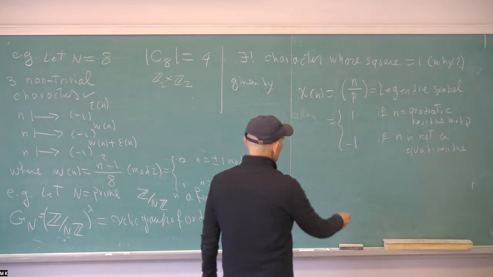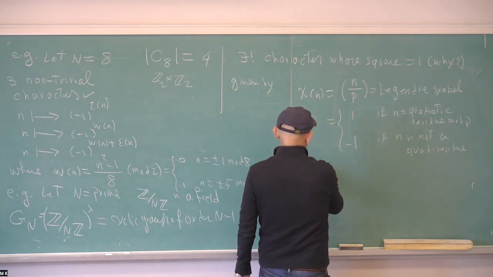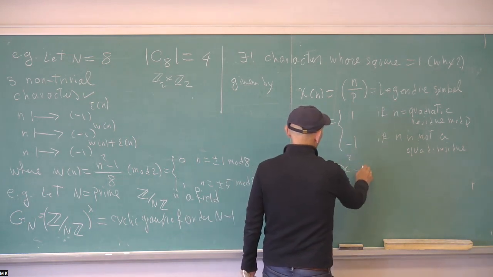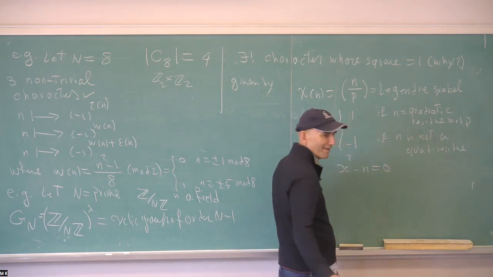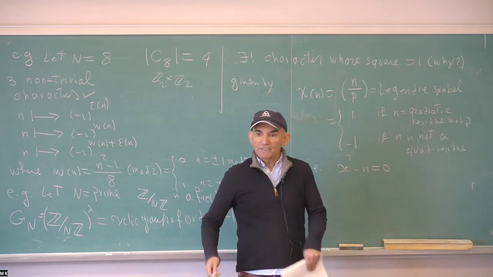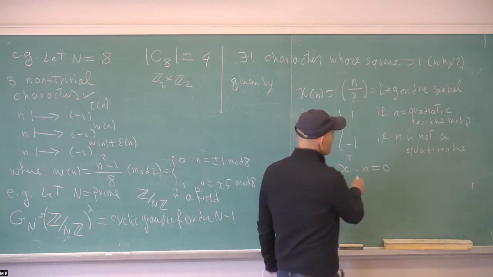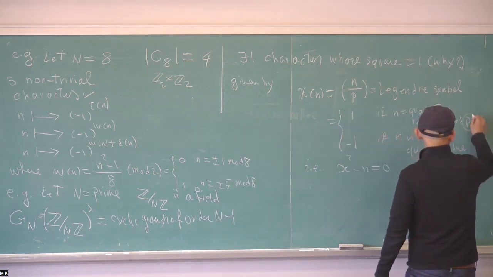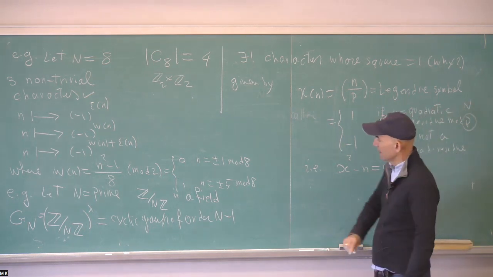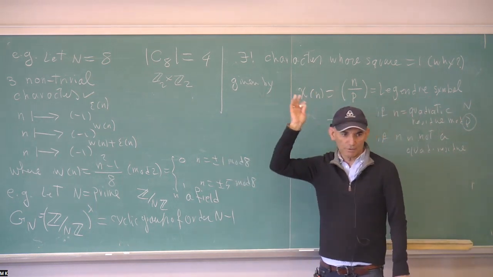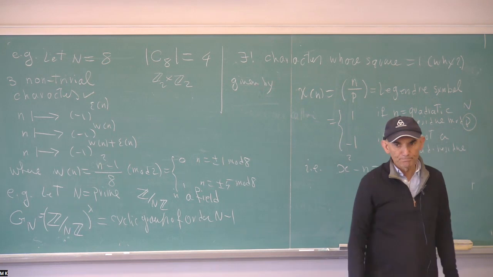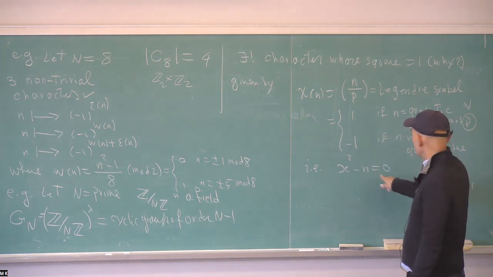So the equation we are looking at is the following equation: x squared minus n equal to 0. So we are saying if this equation has a solution in Fp, yeah. So of course, this p is our n. Remember, we are in this case, but it's always a good idea when it's prime to call it p. So if it has a solution,